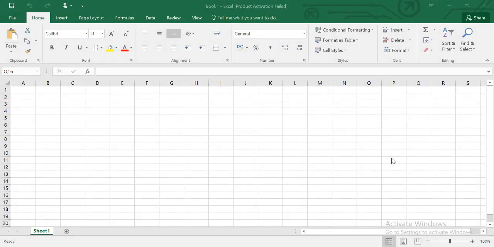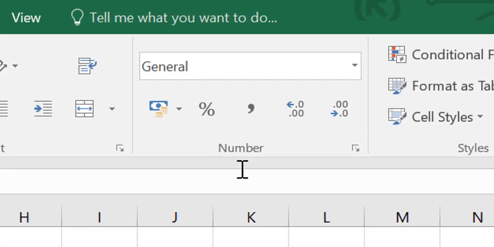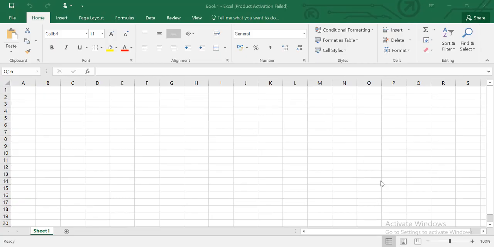Today is our third lecture, and in this video we are going to learn about designing a simple price table using any product you want to use, using the number group features which you can see in here. Today's lecture also includes the second method of summation, that is using the AutoSum tool, which I have also mentioned in